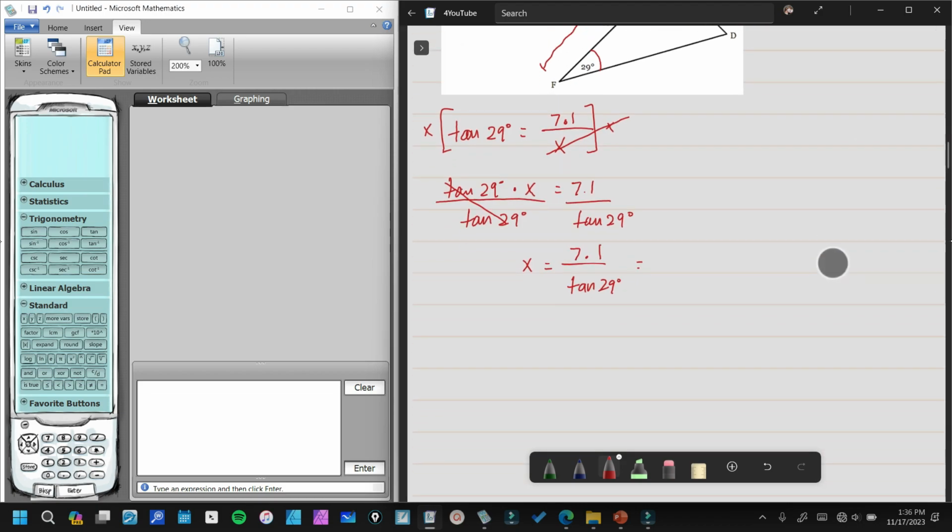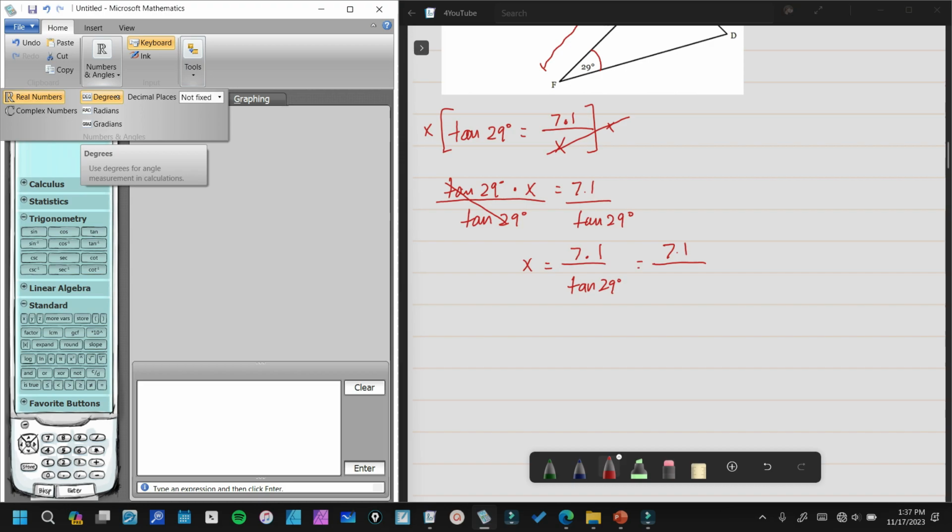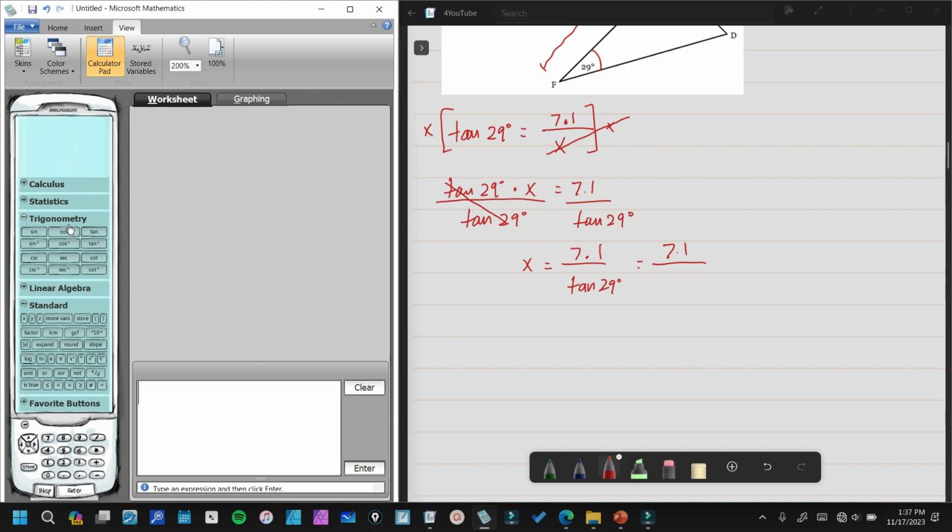That's why we have the calculator on the left side. So let's find tangent 29 degrees first. But before we compute that, you need to make sure that our calculator is in degrees mode. Whatever calculator you're going to use, make sure you are using the degrees mode. All right, so tangent 29 degrees,